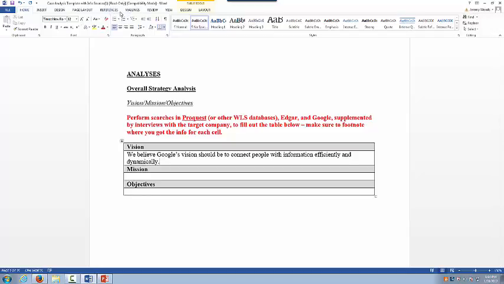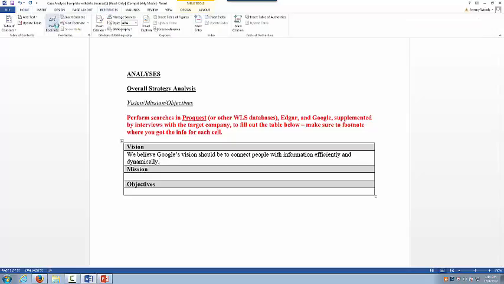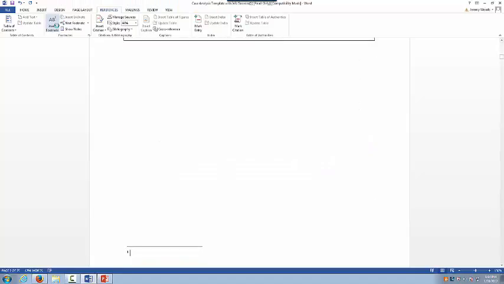Now, I doubt seriously you're going to have to come up with this yourself for Google, because you're going to do a search, you're going to find the vision statement on their company website, or you're going to find the vision statement in a news report about the company. But if for some reason you did a search and you couldn't find anything, you're going to put your own personal comment here. You're going to go to References, insert footnote, and type